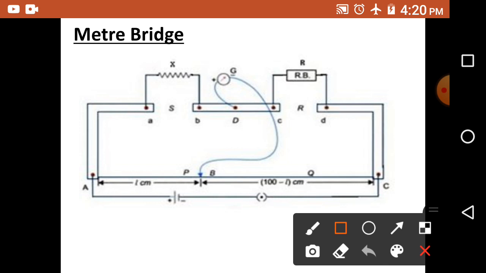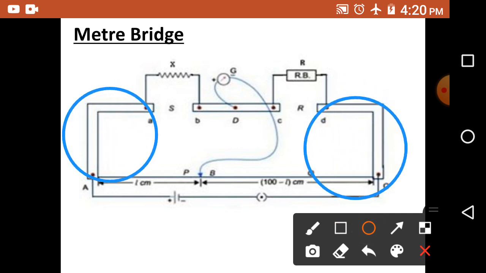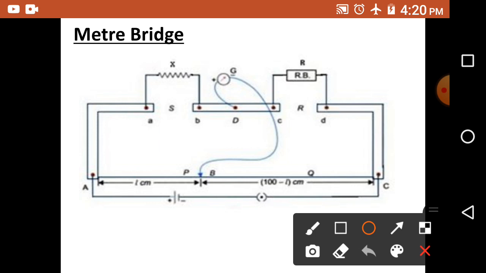The meter bridge has got two L-shaped metal strips at the two ends of the wire. A third metal strip is at the center, so that two gaps are produced. The gap on the left hand side is called the left gap. The gap on the right hand side is called the right gap. These metal strips and the resistance wire are fitted on a wooden board, and this meter bridge is used to determine an unknown resistance X.